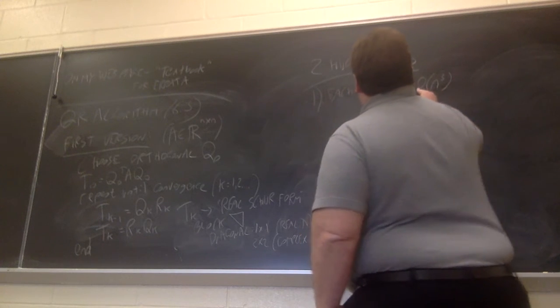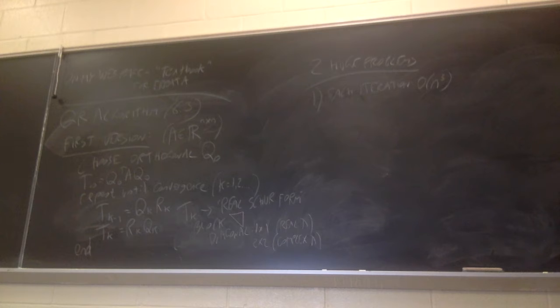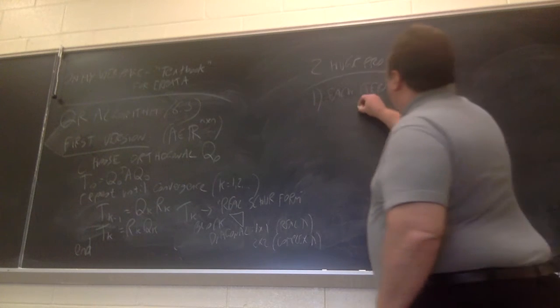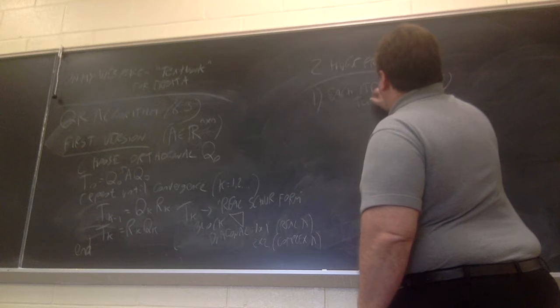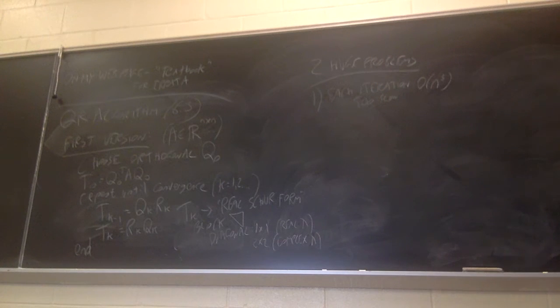Each iteration takes order n cubed floating-point operations. To find n eigenvalues, you can expect to do on the order of roughly n iterations. So the total amount of work we're looking at is order n to the fourth, which is just nuts. It's much too slow. So I'm going to show you today how we can knock it down by an order of magnitude, to order n squared for the unsymmetric case. It'll actually be order n for the symmetric case.